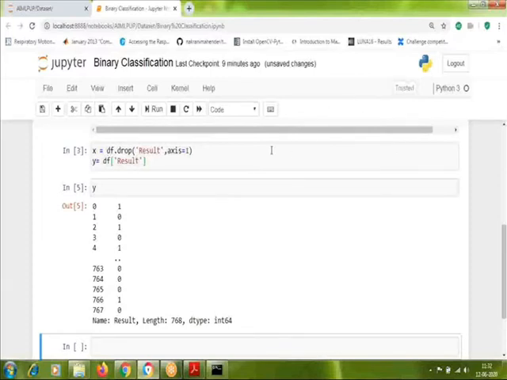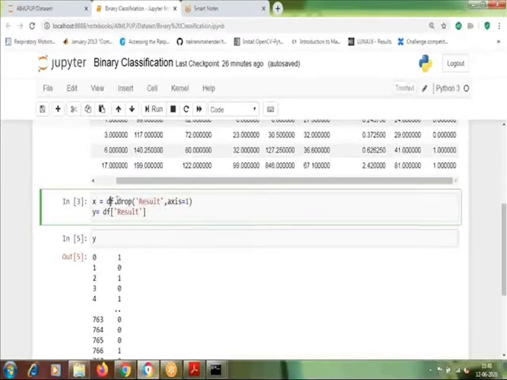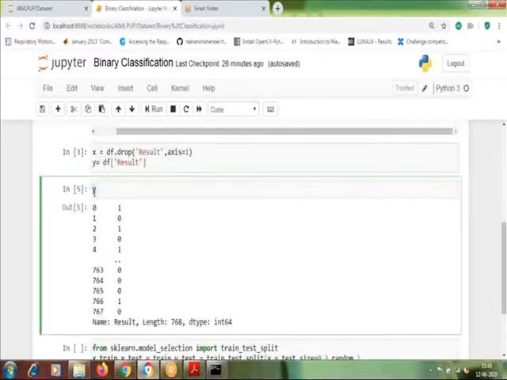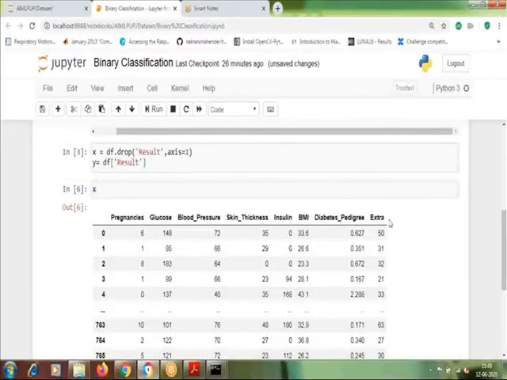So we have separated out our features. The result column will be missing and all other columns will be stored in X. In the same way, for Y we require just the target label, so we are going to take the target label and store it in Y. You can see here, if I print X, except result, all others are stored in X, whereas Y has only result. So we have separated features from the label.